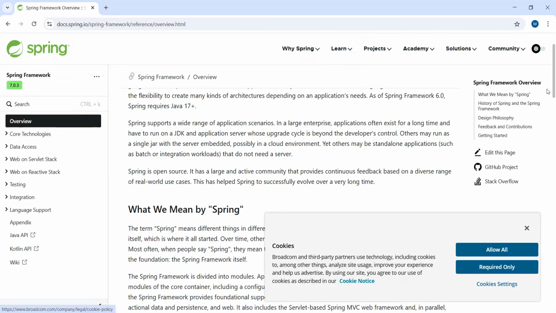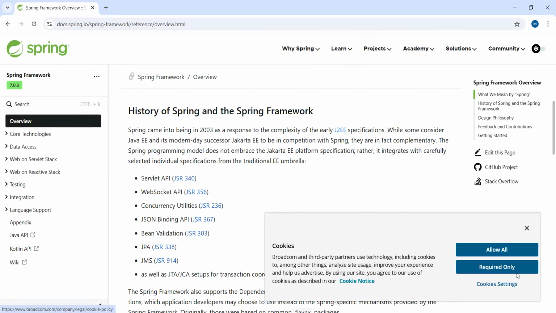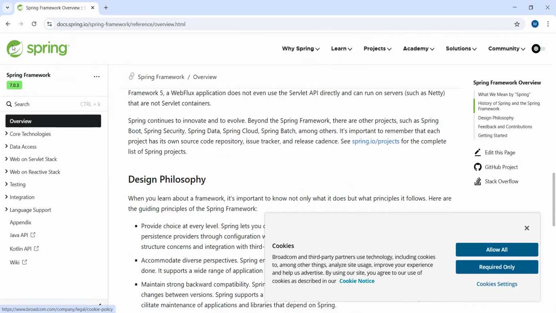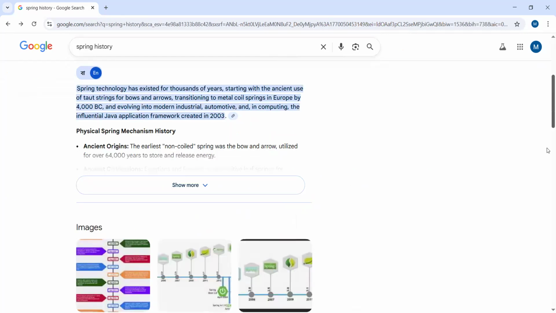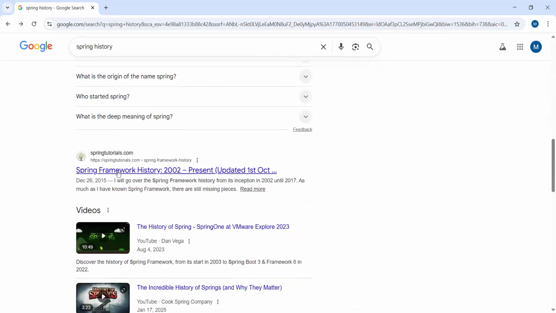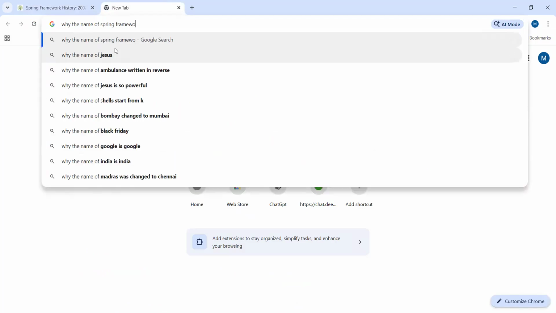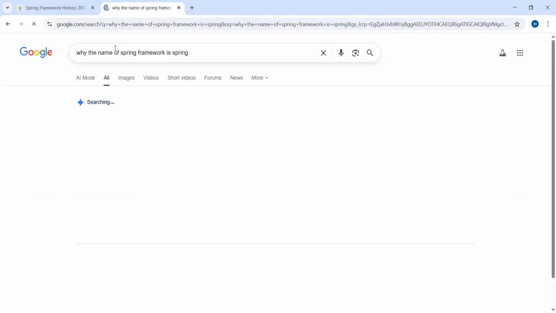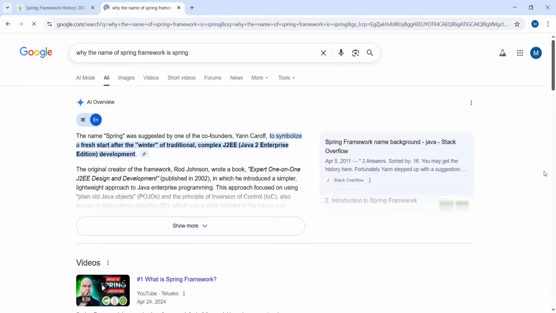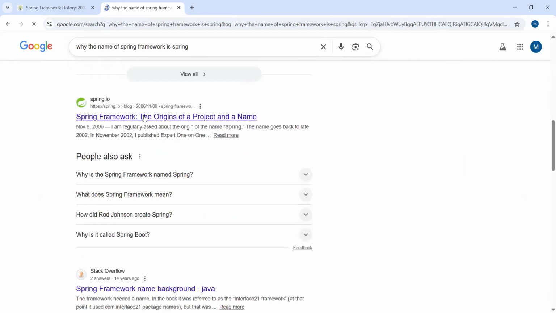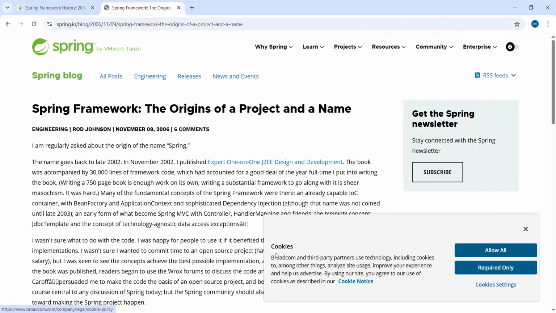You can read this from the official site. Finally, the framework is built. So you can simply read this. The name goes back to the same thing actually.